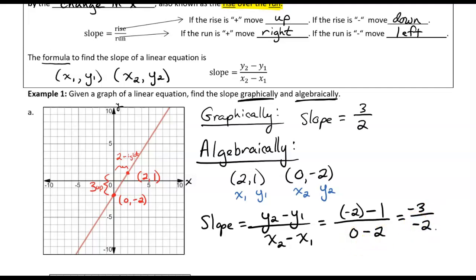It may look like we have a different number than what we had graphically, but what is a negative divided by a negative? We can write that as a positive. So that slope is the same answer we had graphically, right? So our ordered pairs worked out nicely. So graphically, rise over run, it's a good interpretation. Even algebraically, we can